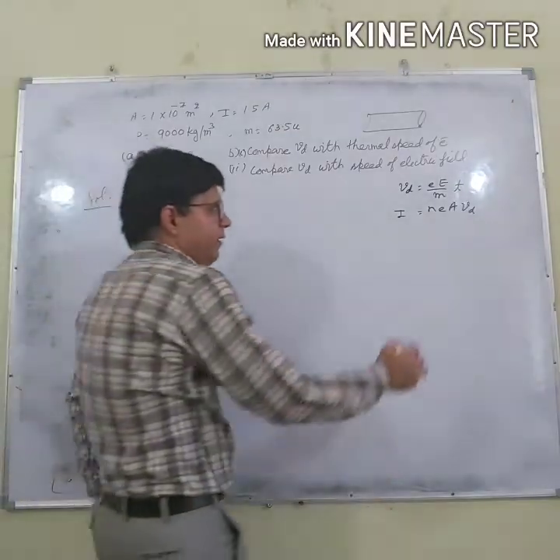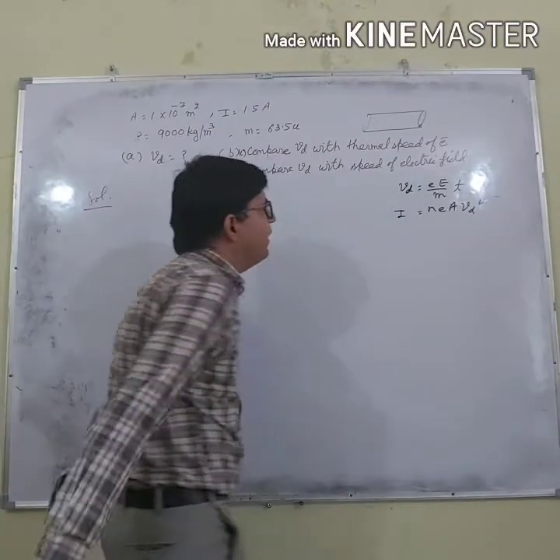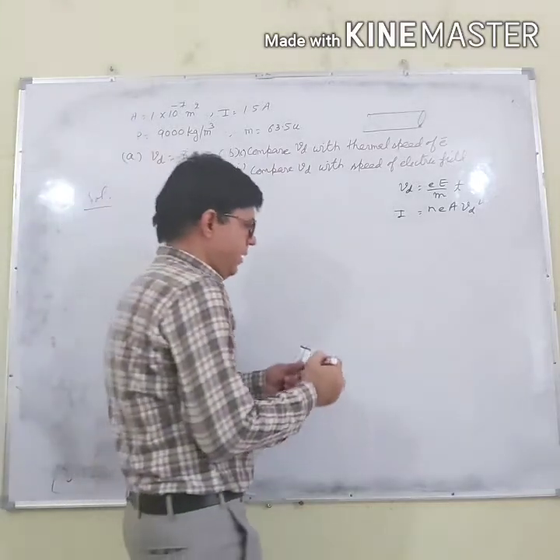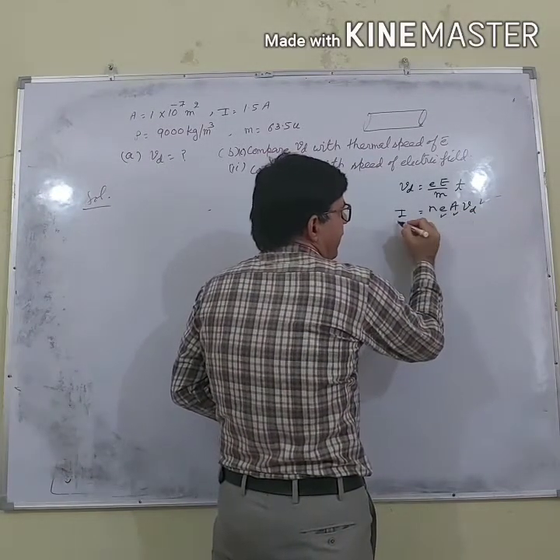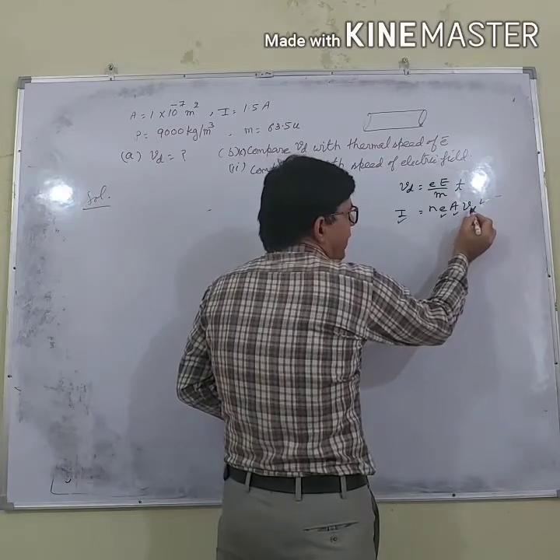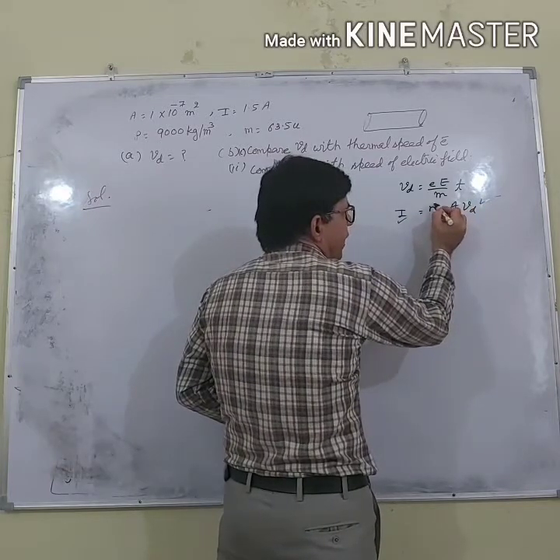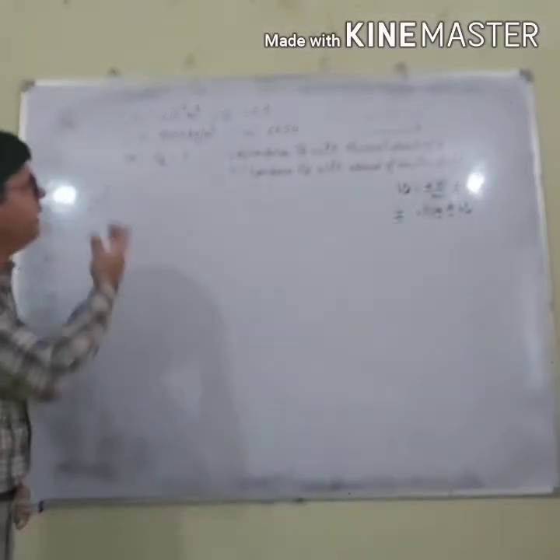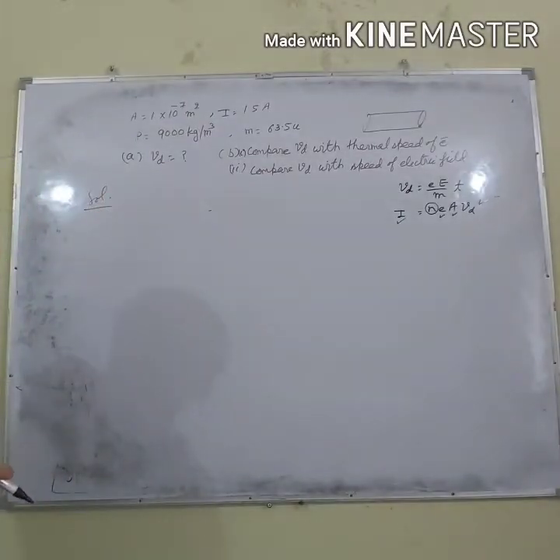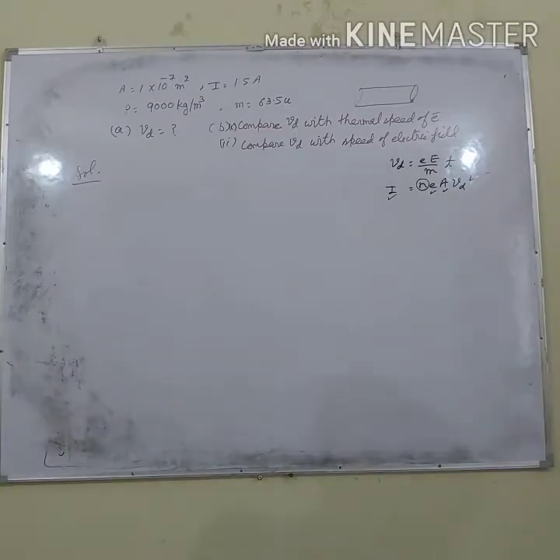Which formula can be fitted into the given question? I think the second formula can be fitted, because I am having e, A, and I have to calculate this. Only the problem is n for me. Can I calculate n from the given data? Let's solve it.